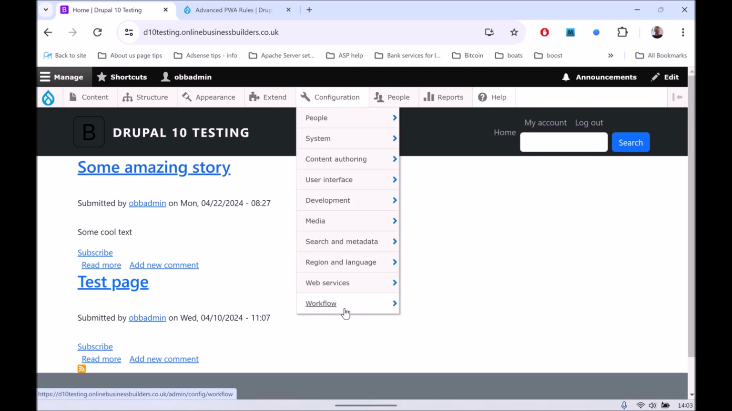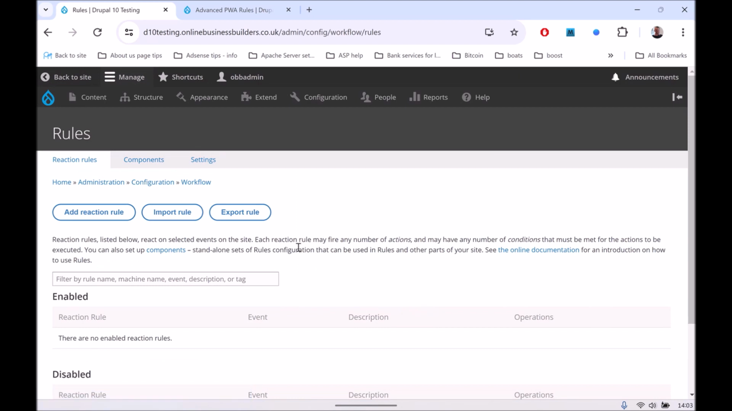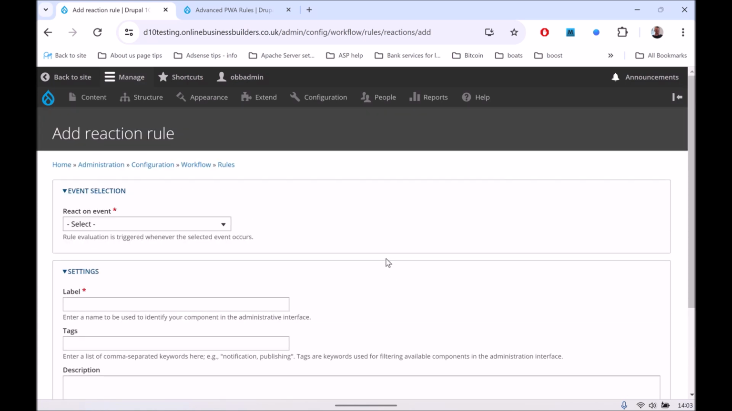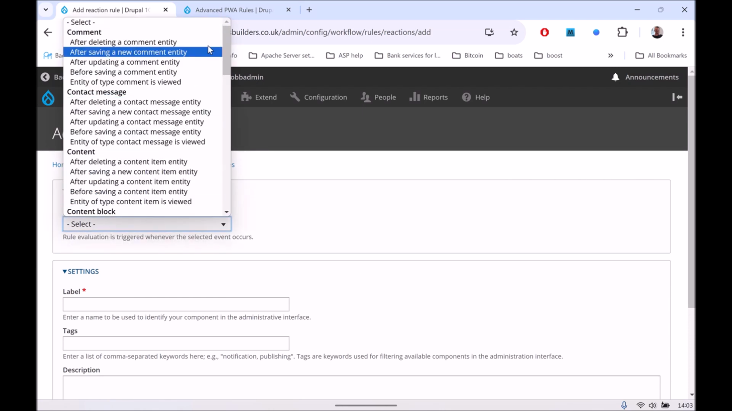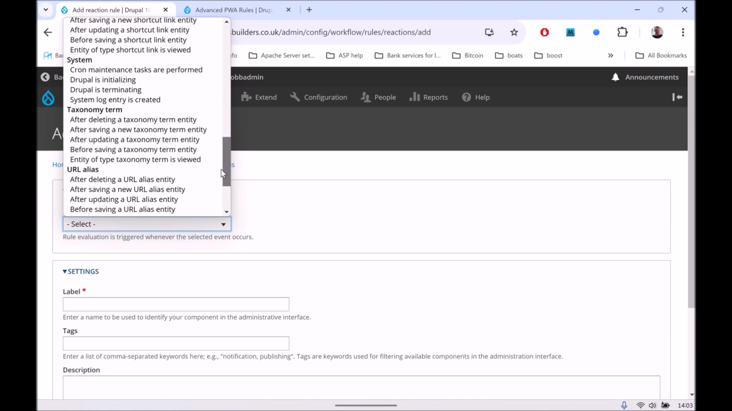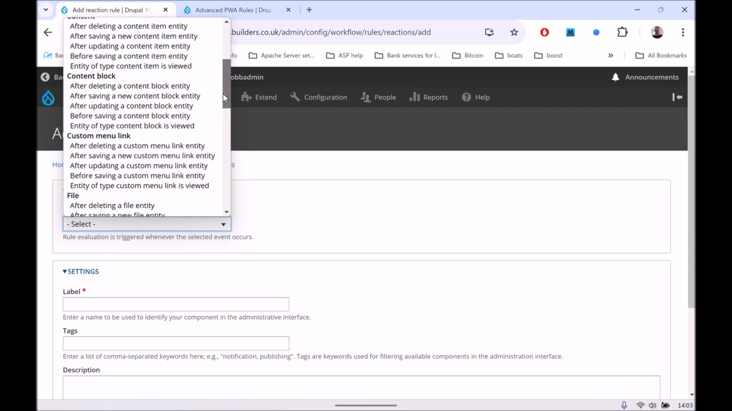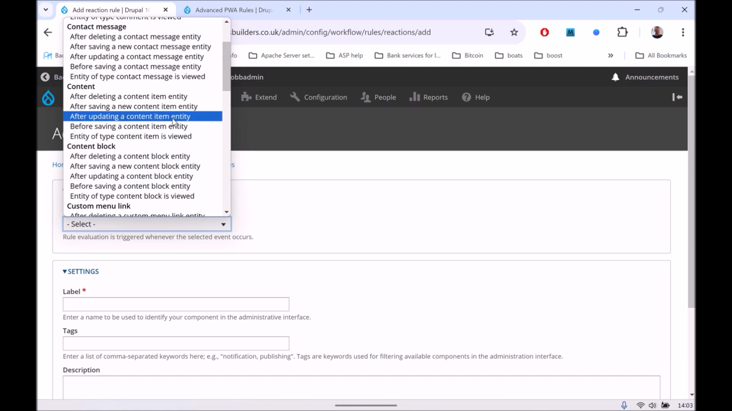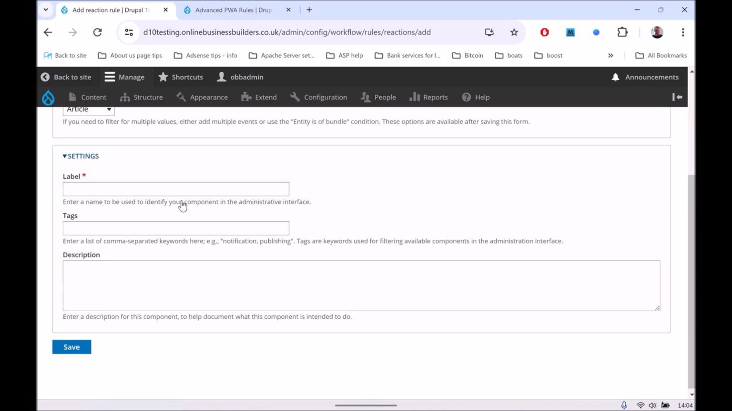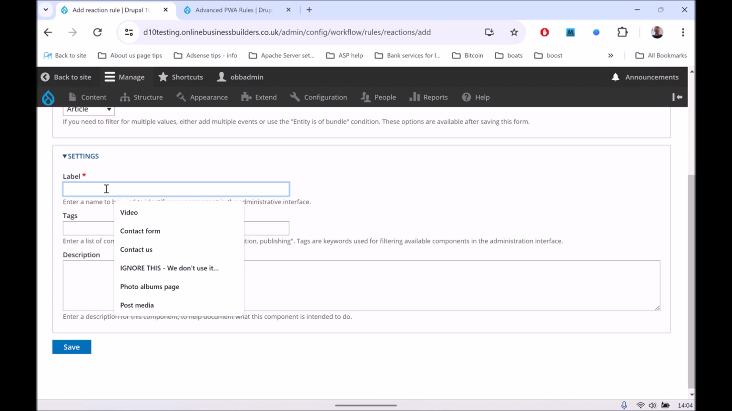So we go to configuration, workflow rules. And what we're wanting to do is add a reaction rule. And the rule has three parts to it. And the first one's the event. So essentially the way rules works is it gives you lots of different events, and also other modules add new events. So if we go to content, after saving new content item, restrict by type, article, and settings, we put,